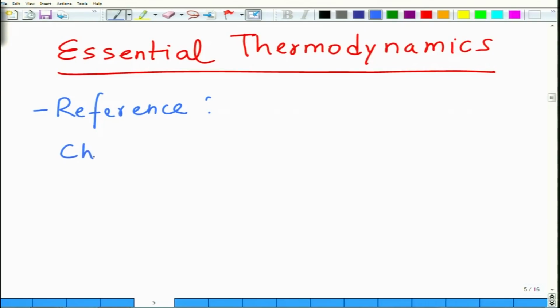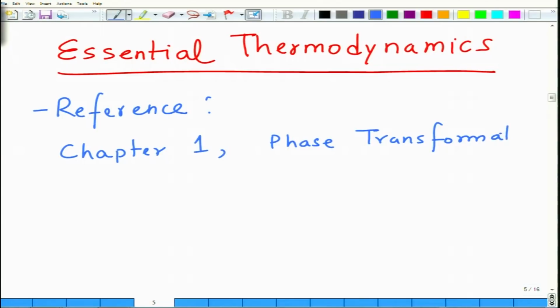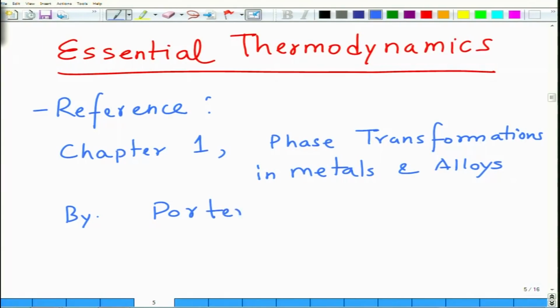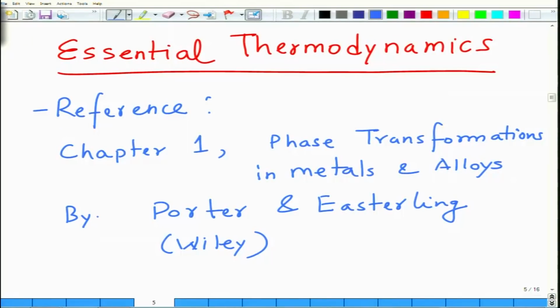The reference is chapter 1 of Phase Transformations in Metals and Alloys, authored by Porter and Easterling. This is basically a Wiley Publications book. So this chapter is very useful as far as understanding the concepts of phase formation or phase equilibria